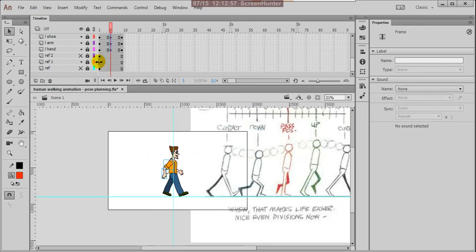So this must be cross. So open the L leg. So L leg, L shoe, and L leg lower.